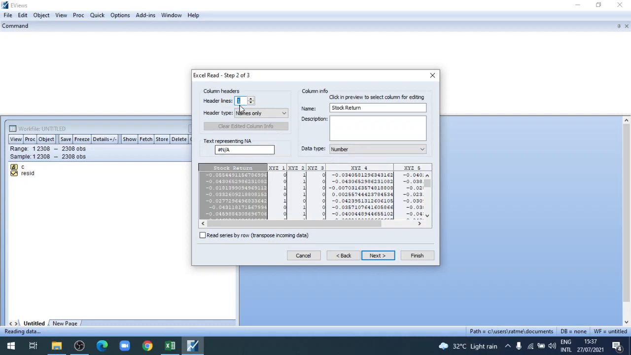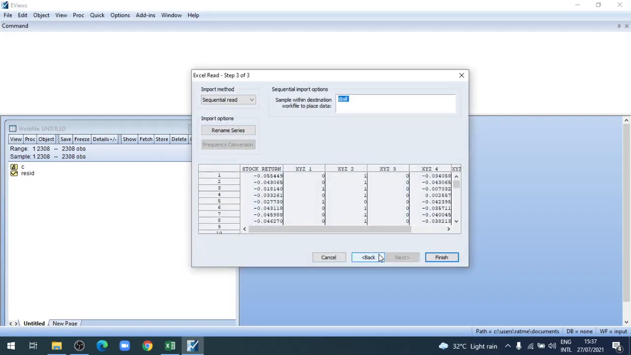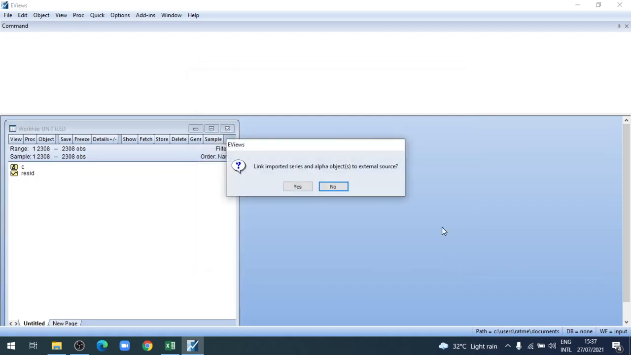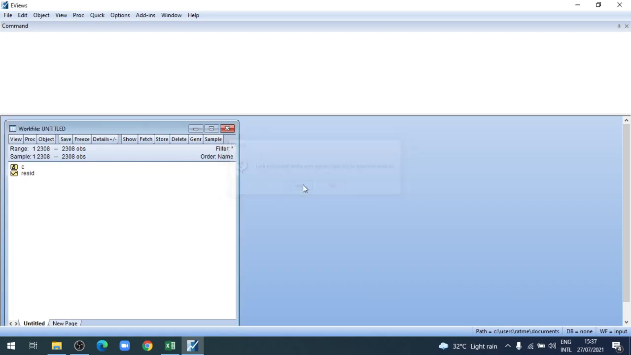Here in the header type, I will select name in the first line, and I'll click on Next. So it will show something like this. I'll click on Next, Finish. I'll click on Yes. It asks to link imported series and alpha object to external source. So I'll click on Yes. And here we can see